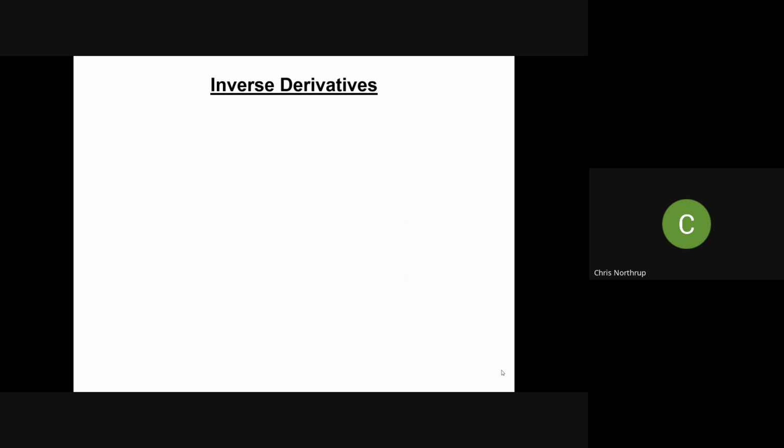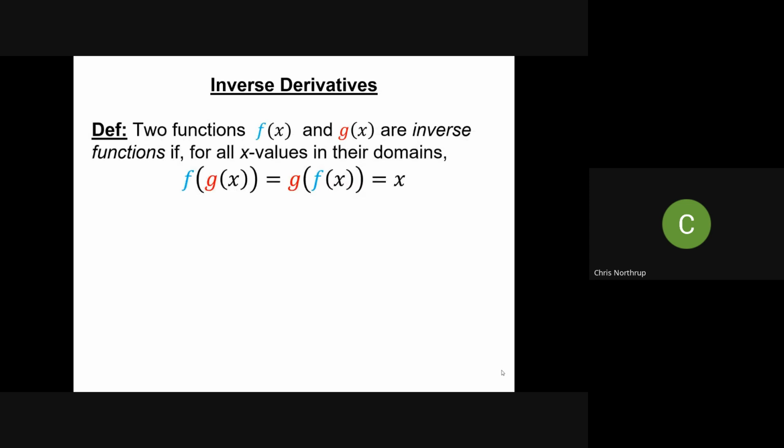In this video, we're going to take a look at a simple formula that tells you how to find the derivative of an inverse function at a specific x value. So just some refreshing. If I have two functions, let's call them f and g, we say that they are inverse functions